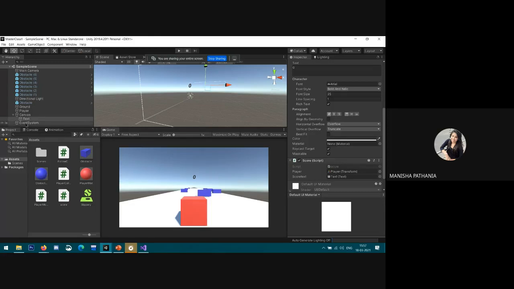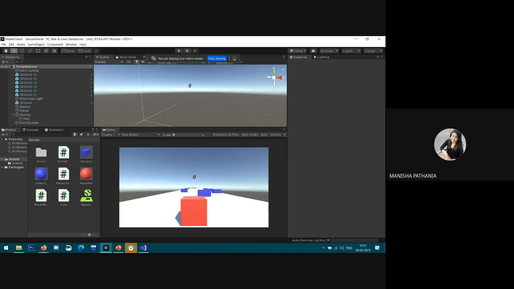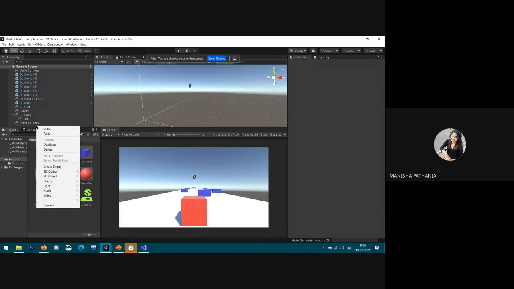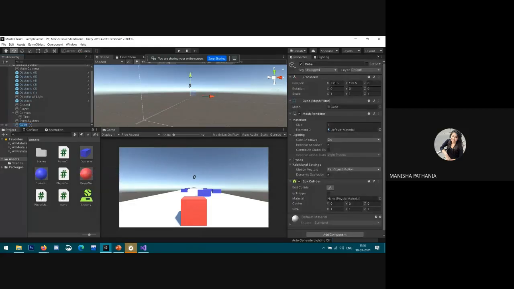So here I'm creating a new game object, a 3D game object cube, suppose, and I'm giving it the name end. At a certain level the game will end. When the player goes to a certain level, the game will end. So for that purpose I am creating a 3D object called cube.